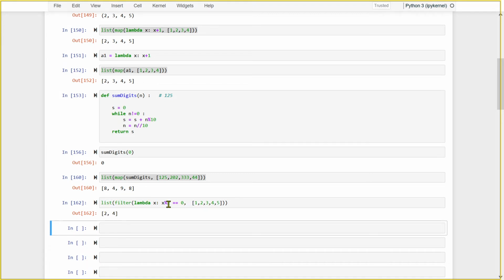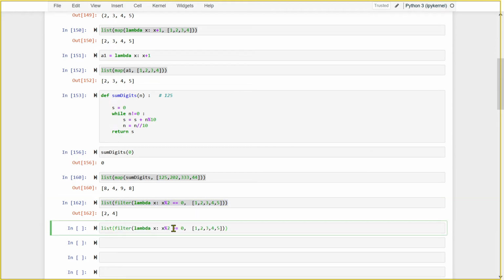All other elements will be rejected. So I am checking whether x modulus 2 is 0. For 1, the answer is false, reject 1. Then 2 comes: 2 modulus 2 is equal to 0, the answer is true, take 2. Again 3 comes, reject it. 4 comes, take it. 5 comes, reject it. So 2, 4 has come. What is interesting is only true will be captured.